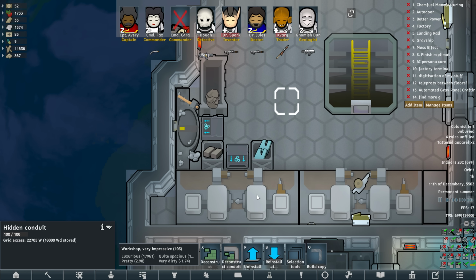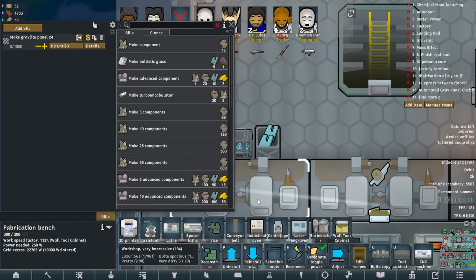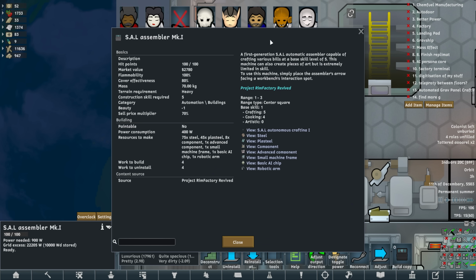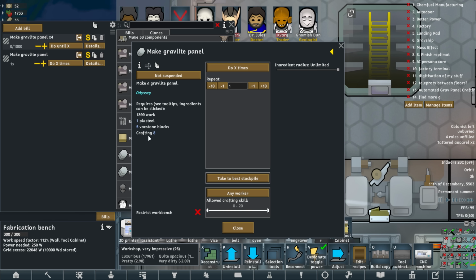And then as soon as we get enough... 40, 75, start, go, begin. What are you missing? 40 plasteel, 20 vac-stone blocks. Go. Is this thing too stupid? Crafting various builds at the skill level of 5, and this is probably higher. Crafting 8. We figured it out, boffins. Even the single one is still...